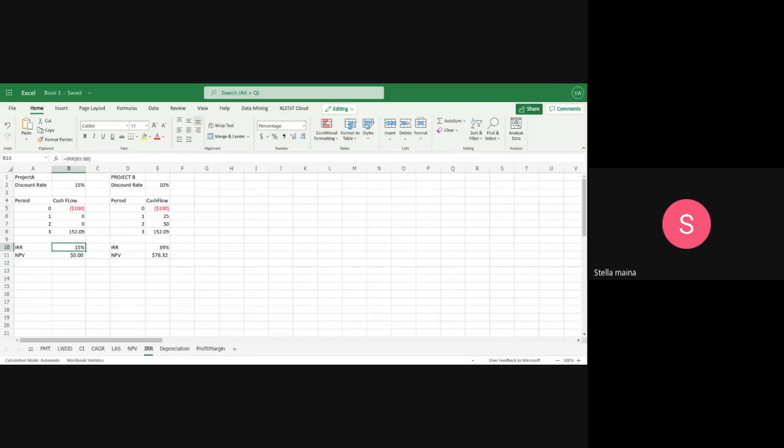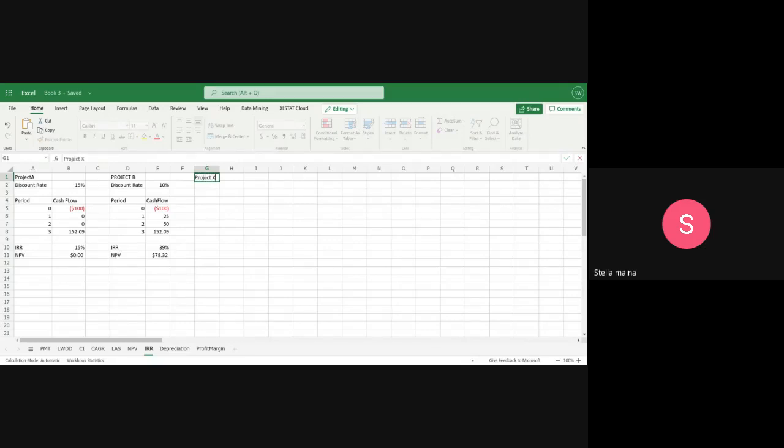Also, something else you should note is to look at the cash flows. Don't just assume that because the IRR is greater, the cash flow is better. No, look at the cash flows. Let me do an example to expound more on that. For example, let us have three projects. Project